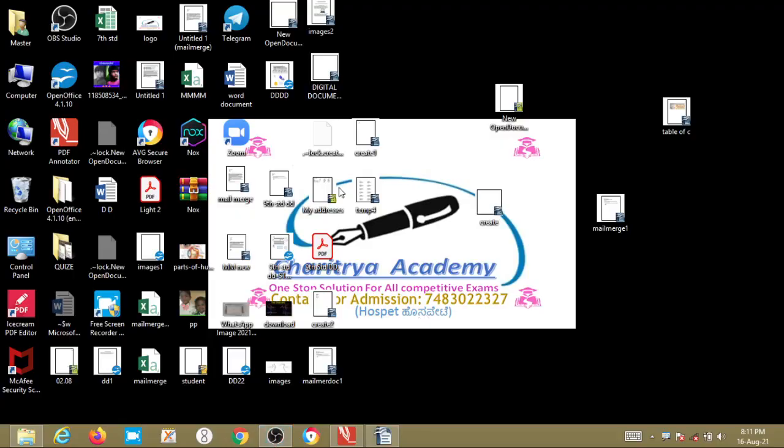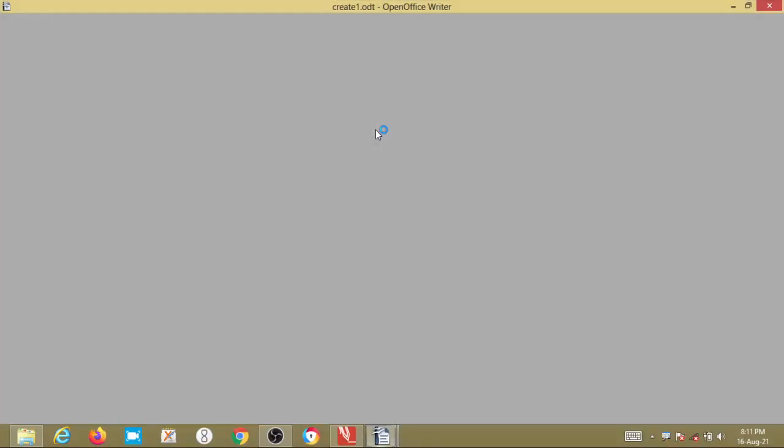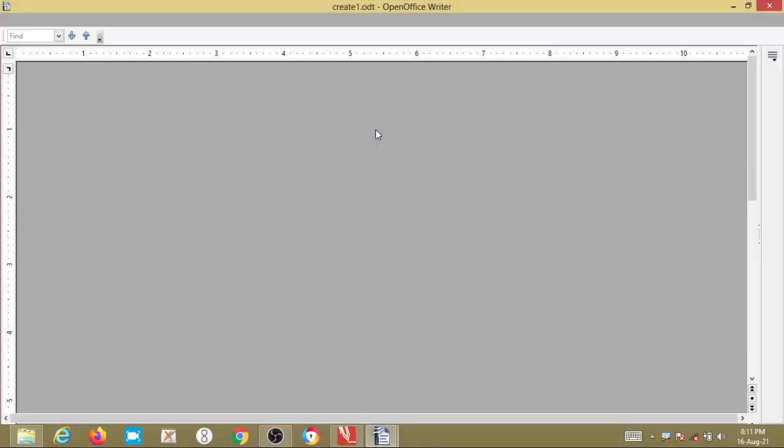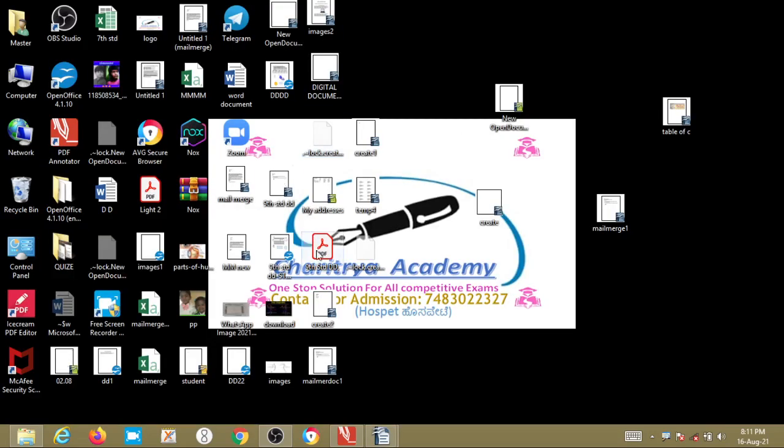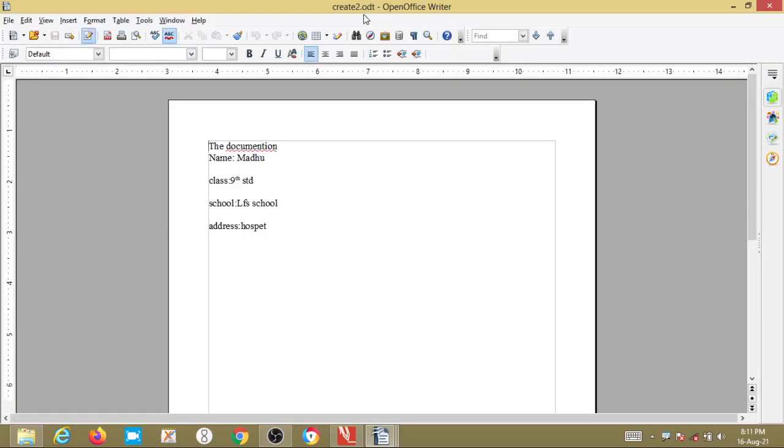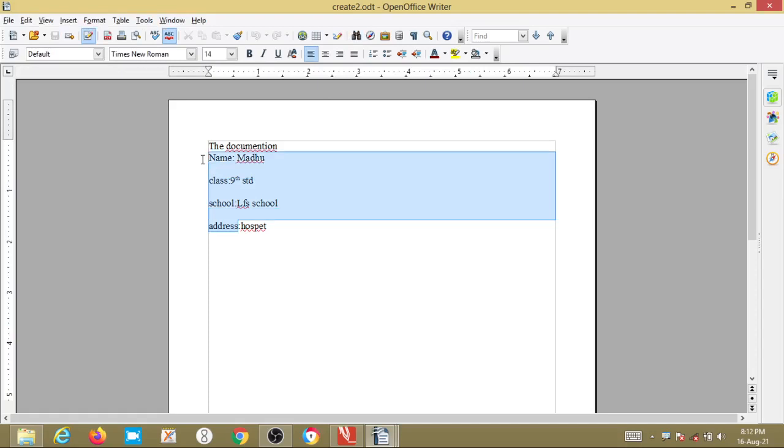Now here is the create1 file, here is the create2 file. Create1 is the default file which has to be there for all the students. If I am writing 50 students' details, the common part has to be in create1. This is the create2 file, which we created because we gave Save As. These are the default details which have to be there in the create1 file.